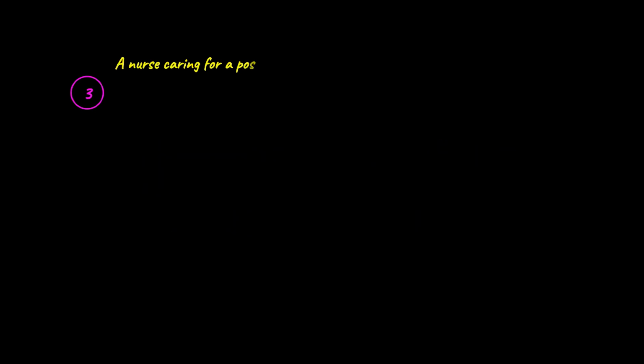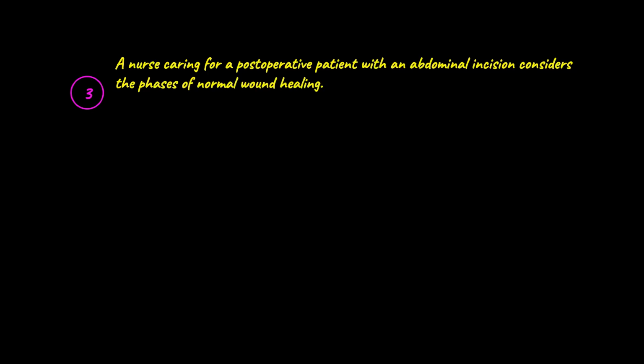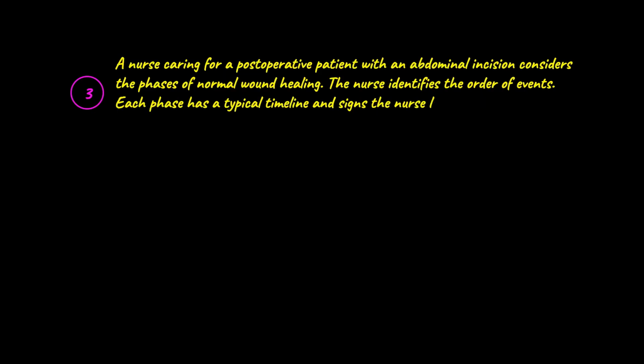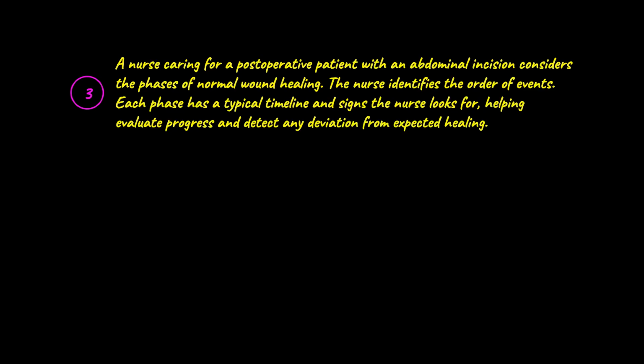Question 3. A nurse caring for a post-operative patient with an abdominal incision considers the phases of normal wound healing. The nurse identifies the order of events. Each phase has a typical timeline and signs the nurse looks for, helping evaluate progress and detect any deviation from expected healing. Your options are: